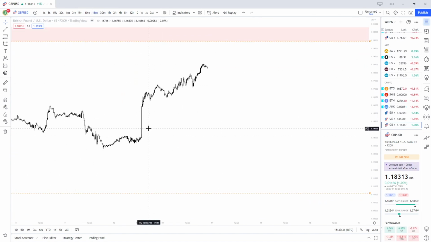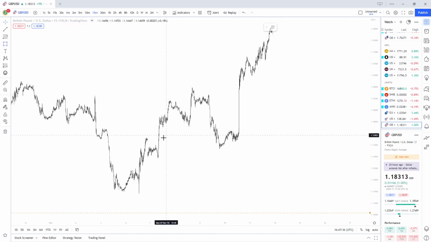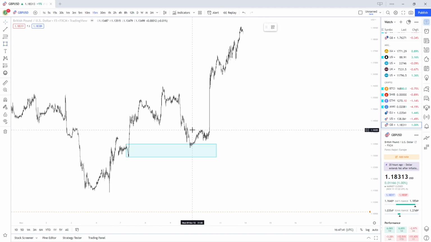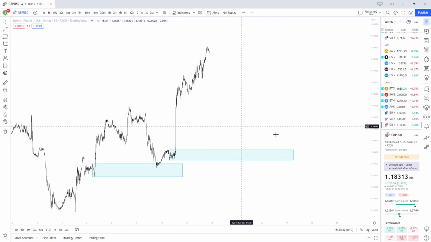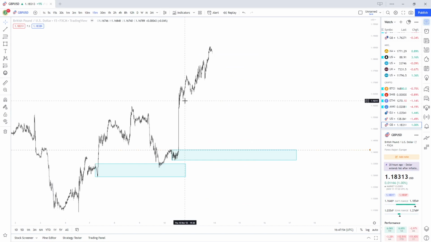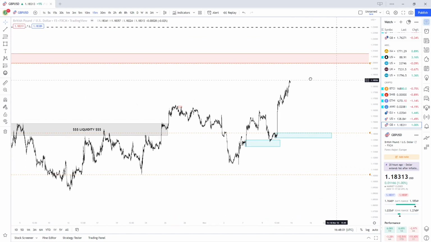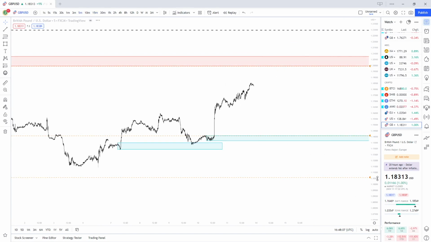We see that in recent days we did have that high volume move, which isn't too ideal because we've left regions in the market of heavy inefficiency. We had a reaction to a demand zone there. It's going to be hard because there's no clear zone within this region. Could I argue that there's potentially a demand zone inside of that where we could set an alert and hope to see price come down, fill in this imbalance, these inefficiencies, see the tap and mitigation of this zone, and then that move higher into this supply where we'll either see the reversal or continuation higher to then follow 1-week structure.